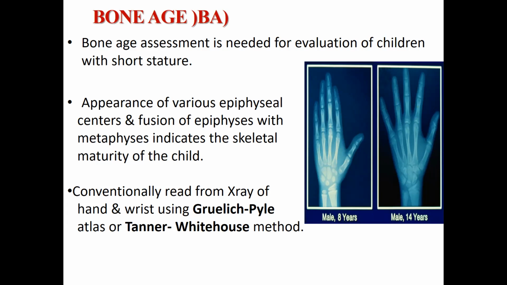There are different methods, and of course, this needs experience and training to assess the sexual maturity by using the atlas. One more thing, you must know that a case of short stature needs not just the accurate measurements and the calculations that we have said, and the detailed history and the thorough examination and the bone age, but also we need to do the routine labs to make sure that there is no underlying disease